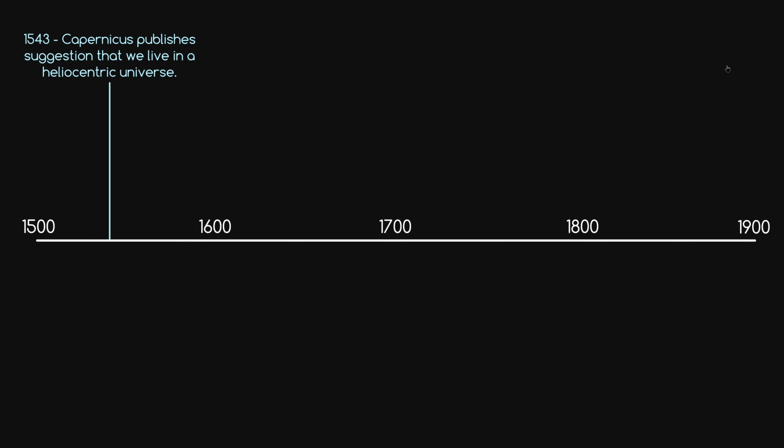Well, he's wrong. Copernicus is wrong. It's not a heliocentric universe. It's a heliocentric solar system. But he is on the right track. He is starting to use actual logic and thinking in mathematics to figure things out, and he's on the right track. This sets